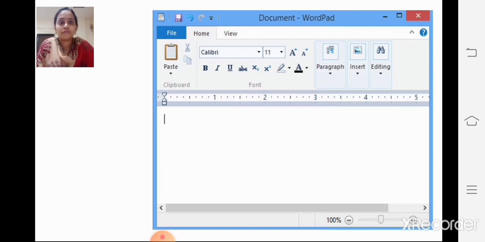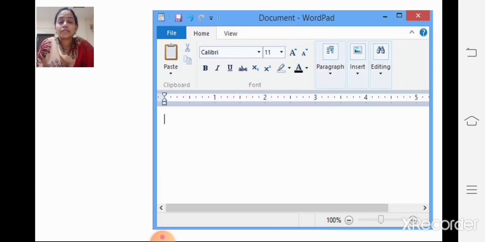And the formatting options like highlighting text, bullets, line breaks, inserting picture, etc. make WordPad a powerful tool. It looks very beautiful when you apply all these things in your document.